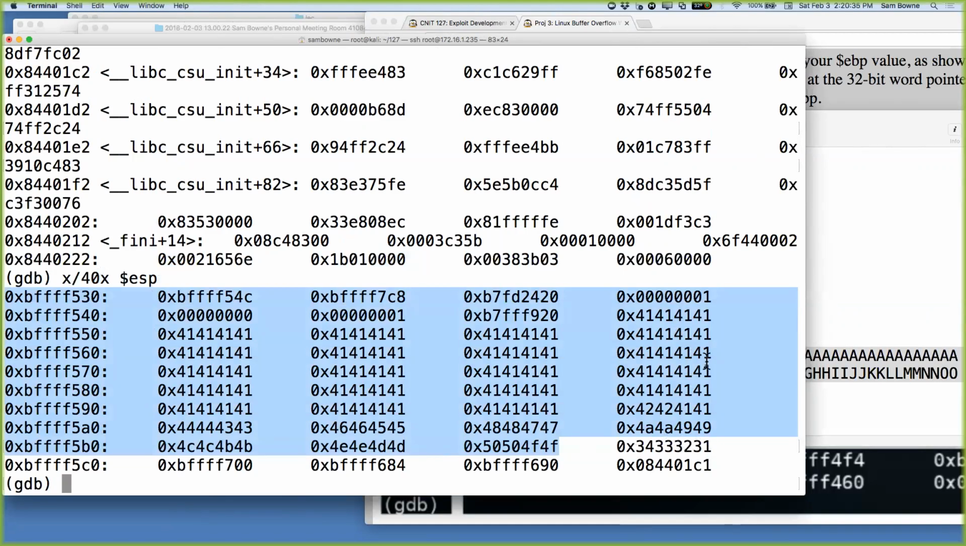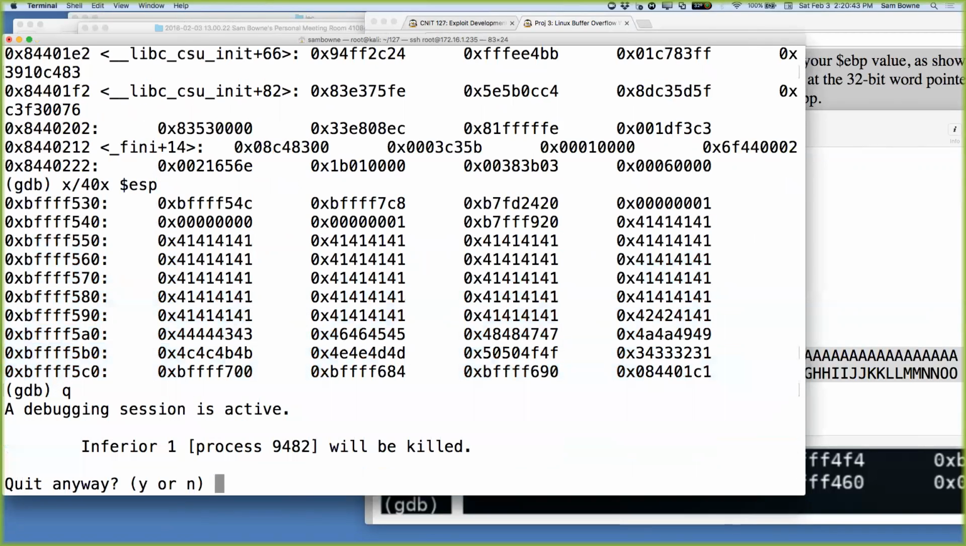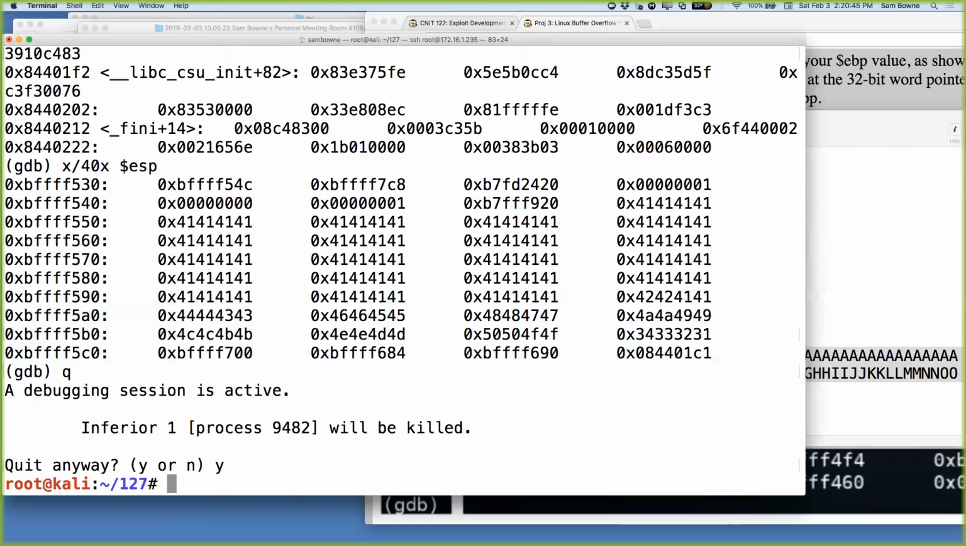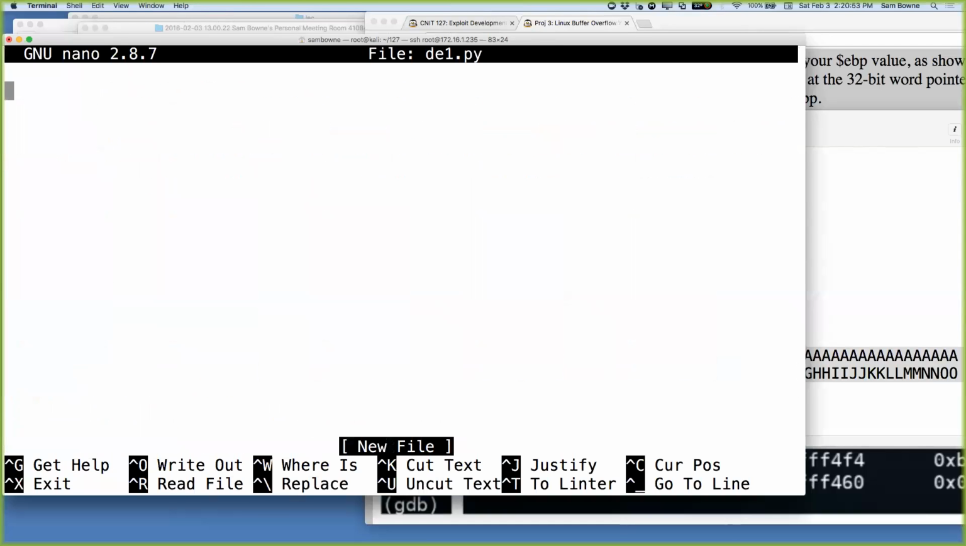And since I'm going to have to put arbitrary hexadecimal values in here, I want to start using Python. So let's put this exploit in Python before going any further. So I'm going to do nano DE1, demo 1, just so I don't get too confused. Okay, let's put in shebang, /usr/bin/env python, and then